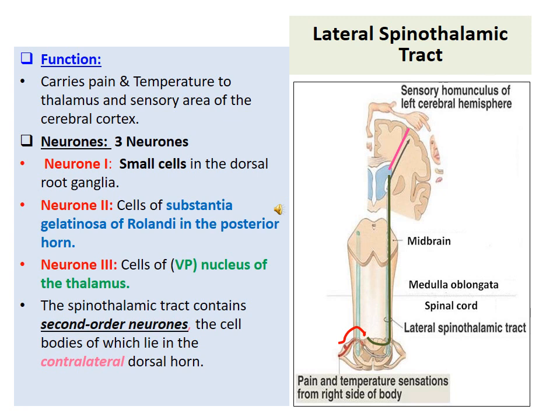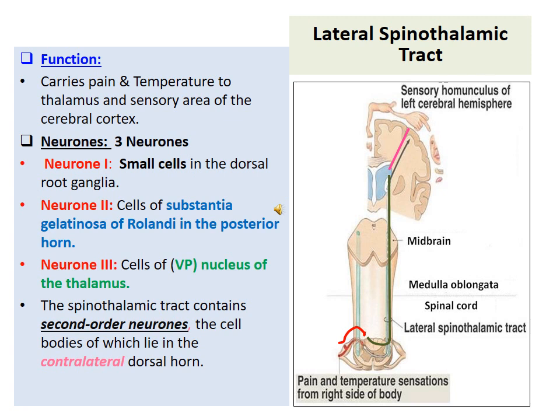Then from there the second order neurons arise and cross the midline through the anterior commissure to go to the lateral white matter, and these tracts which run in the spinal cord are known as the lateral spinothalamic tract. These fibers run along the lateral white matter, cross the entire length of the spinal cord, reach the medulla, pons and midbrain, and join the fibers of the anterior spinothalamic tract, and they both travel together in the spinal lemniscus. So the tract in the medulla, pons and midbrain is known as the spinal lemniscus.